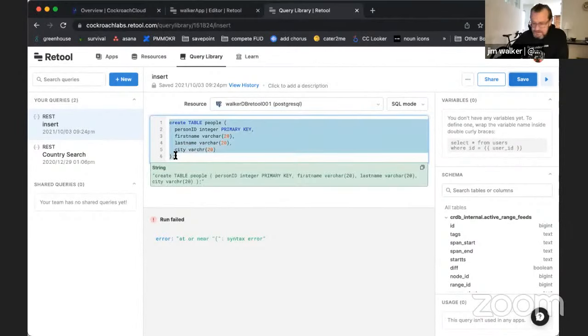So I'm actually going to paste in something that I had done before, y'all. What did I do wrong? City varchar line 5. Varchar 20. It looks right. What did I do wrong? Somebody's actually, thanks, Devis. How did I do this? I'm sorry, but